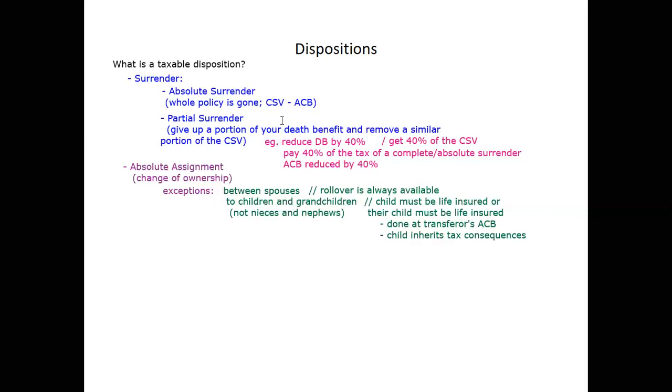And we don't talk about it much here. We'll talk about it later on, but you also can consider that you can name a contingent owner on such a policy, which means you can get that thing to not enter into the estate. You can just have it pass right to the contingent owner's hands. Okay, between corporations.